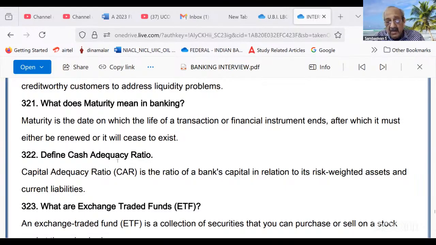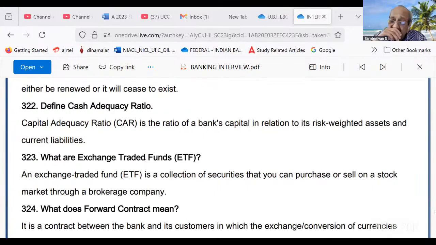Capital adequacy ratio, CAR. I think I explained it once. See what happens in the case of a loan against our own deposit, the risk is zero. In the case of a loan given on government guarantee, the risk is zero. But in respect of all other advances, like even an advance to our own staff, there is an element